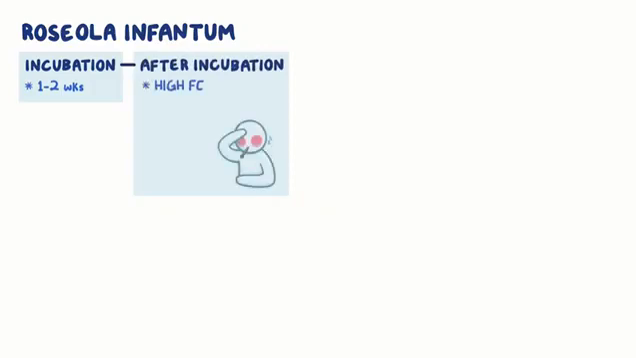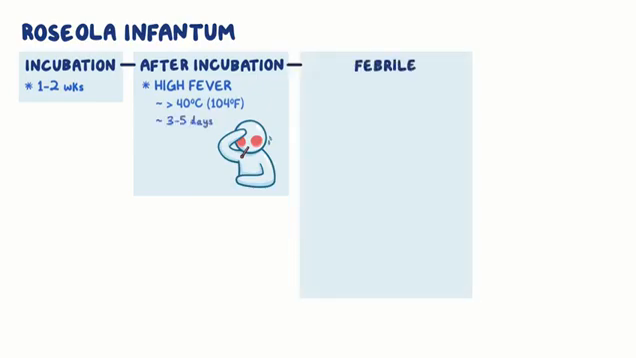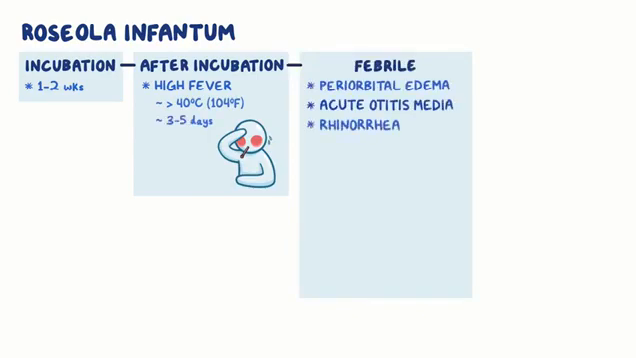After the incubation period, the disease debuts with a high fever that may exceed 40 degrees Celsius or 104 degrees Fahrenheit, and usually lasts 3 to 5 days. During the febrile phase, other manifestations include periorbital edema, acute otitis media, rhinorrhea,